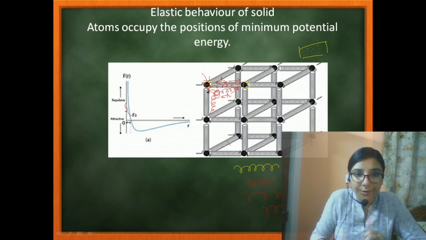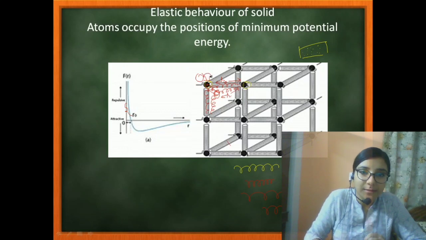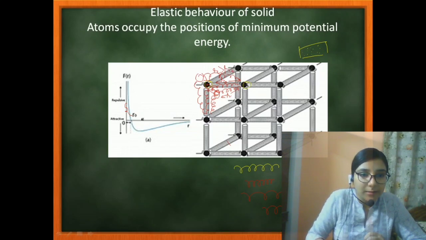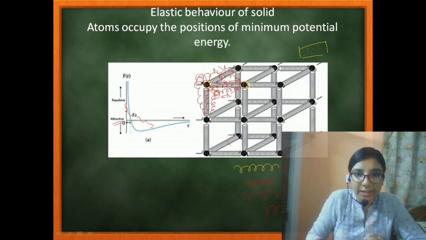It will return to its original position, which is the position of minimum potential energy. Now again, if we apply force in the opposite direction so that it gets stretched, that means the distance between the atoms will increase. That means here r becomes greater than r0. When the distance between the atoms increases and is greater than r1, the force becomes attractive. That means there is attractive force between these two atoms, because of which again it will return